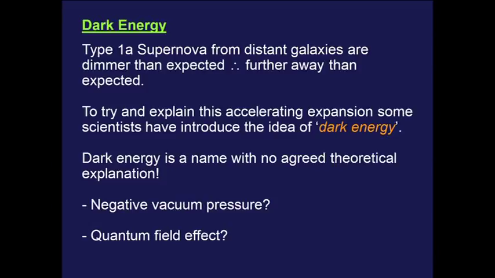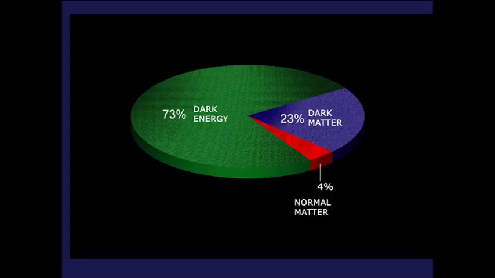And there's got to be this dark energy that is pushing galaxies apart faster than we expect them to. And this is the extent of what we don't know. The bottom line is, at the moment, we estimate that the universe contains 73% dark energy, 23% dark matter, and only 4% matter. So the only stuff that we can really look at and observe and understand and explain is 4% of it. The rest of it is basically a mystery to science at the moment. There are various theories, but nothing's as yet been confirmed.